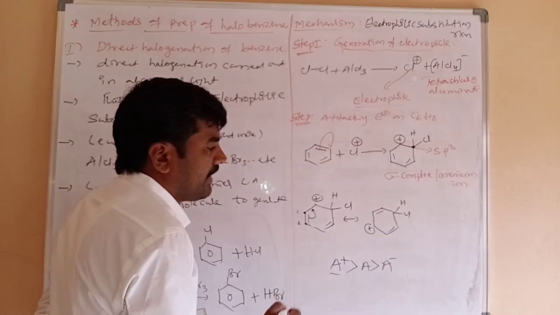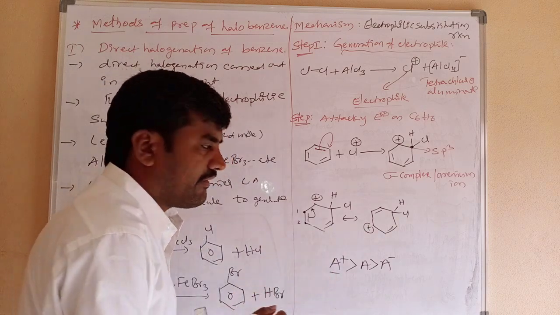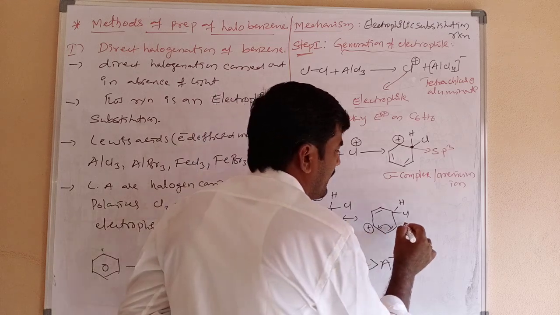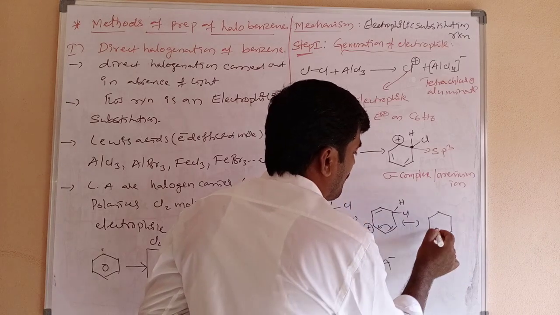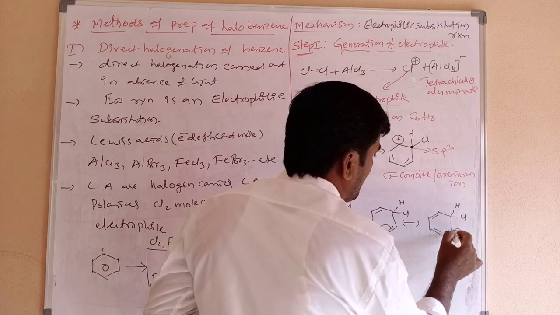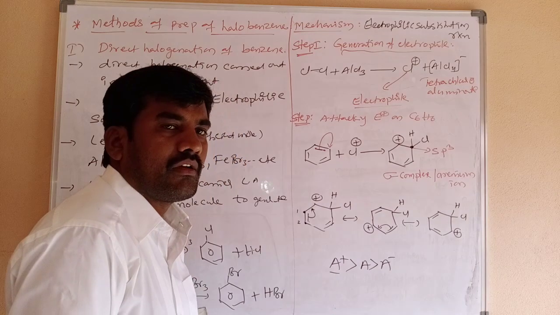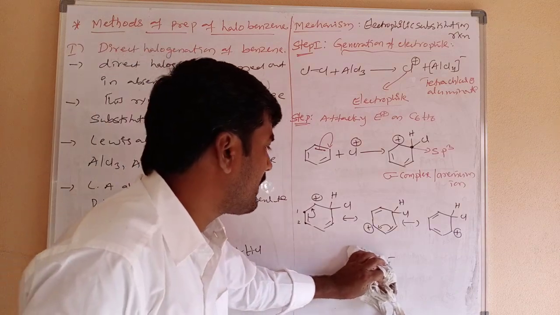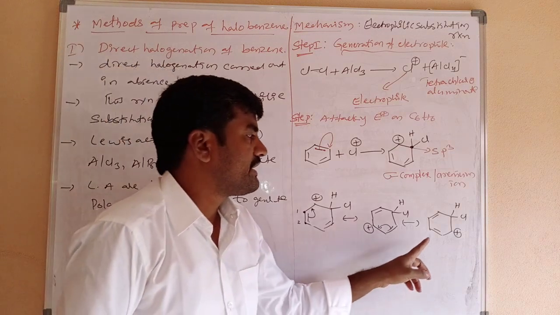Here one more pi bond is there. Now this carbon has a positive charge, so electronegativity increases. When electronegativity increases, this pi bond shifts towards the positively charged carbon atom. Then we will get the structure: pi bond, single bond H and single bond Cl, and positive charge. What about the next step? There is no possibility of shifting of pi electrons because an sp3 hybridized carbon is there. The sp3 hybridized carbon atom stops the delocalization of electrons.